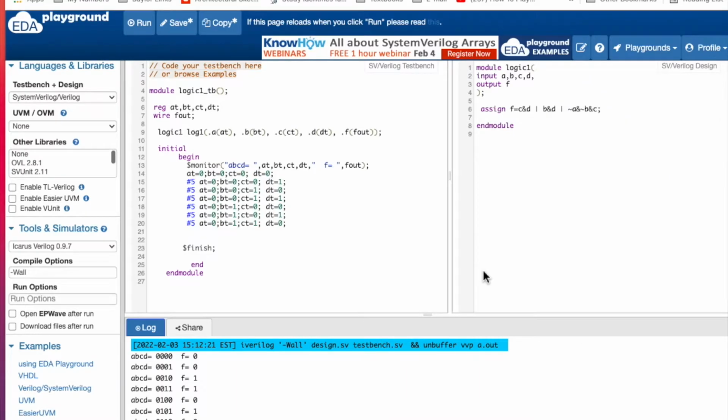Okay, in this video, I wanted to dive in a little bit deeper on test benches for digital logic circuits that we're going to implement in Verilog. In the last video, we'd set up a really simple design, just an easy logic circuit. That was set up on the design side of